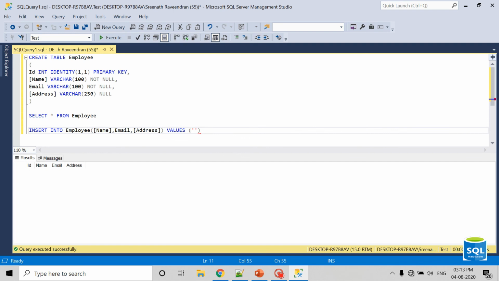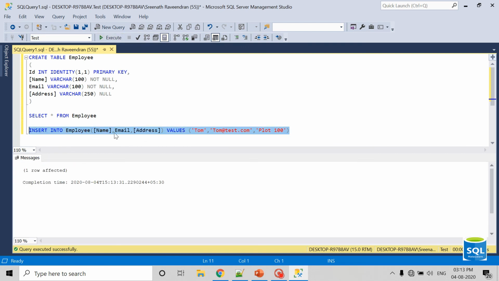I'm giving Tom as the name, then email as tom@test.com, then address, a flat number 100. Then I'm inserting that value.